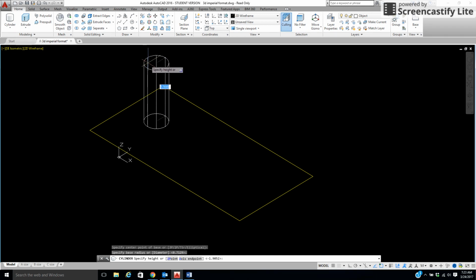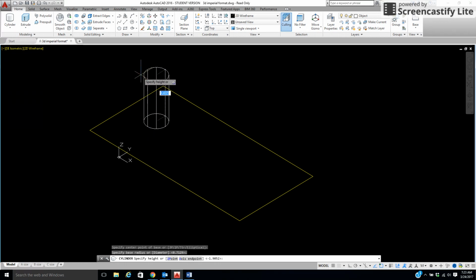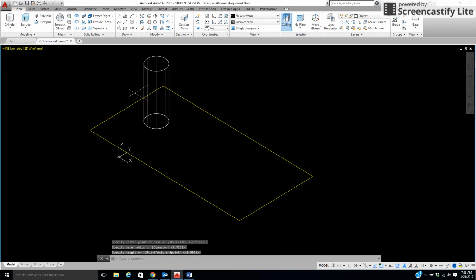If I'm coming up with the Z, you see how the Z is coming up? It's a positive number. If I go down from my Z, it's a negative number. So I'm going to bring it up. So think of this as a soda can. Now, this really doesn't show you too much about 3D,